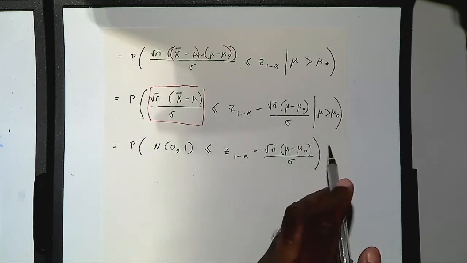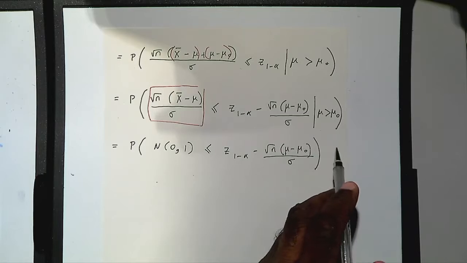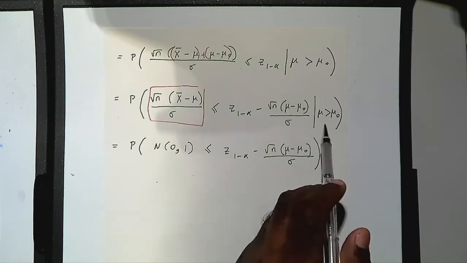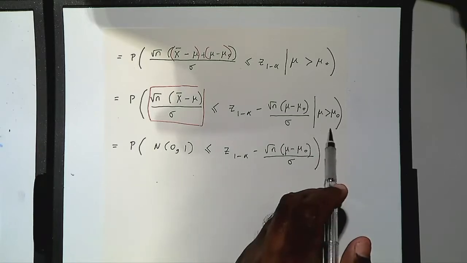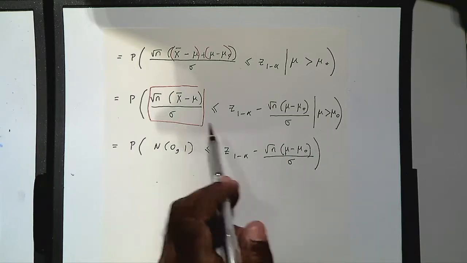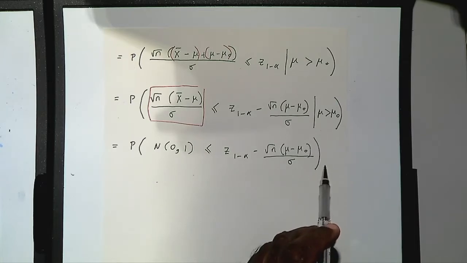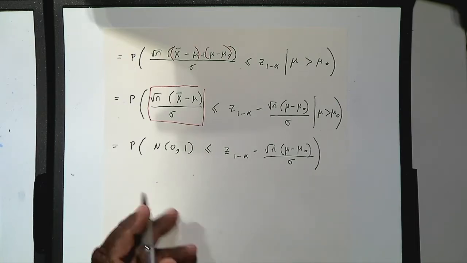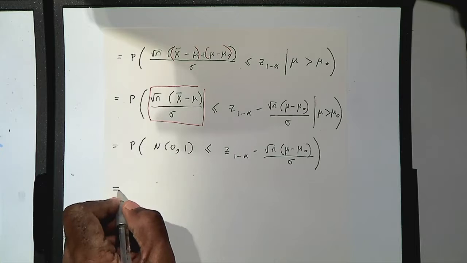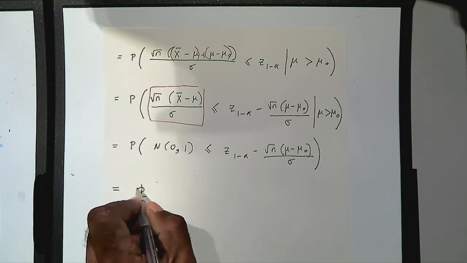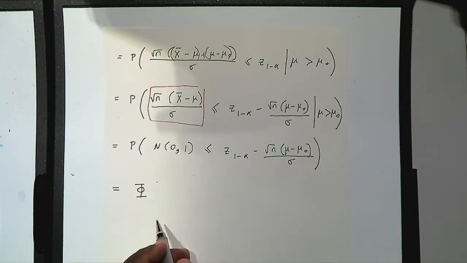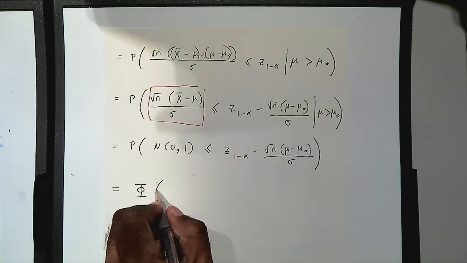I'll remove the conditioning here because when I made the argument that conditional on mu, this has a standard normal, I have used the conditioning, and therefore it is no longer needed, right? I used the conditioning. So what you have here is phi. Remember, phi is the CDF of the standard normal at